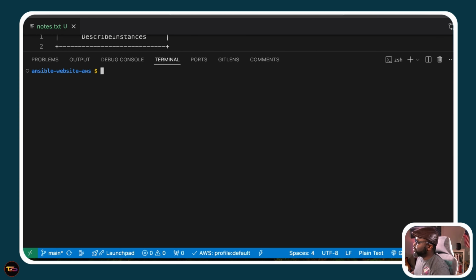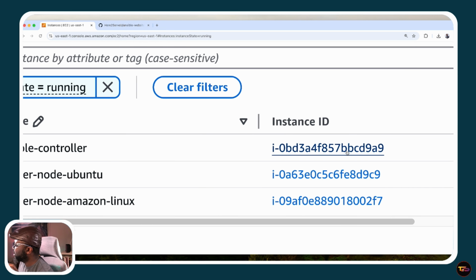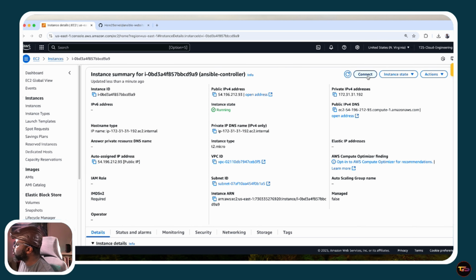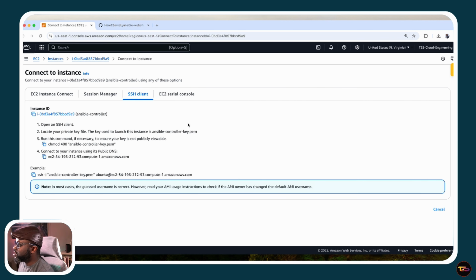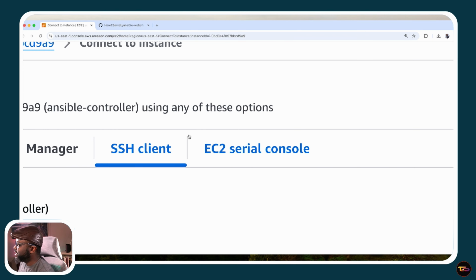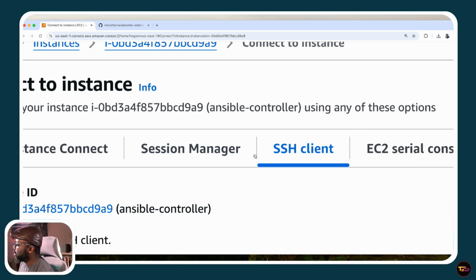But when you go back to your console here, this is our Ansible controller, right? So we're going to just click on the instance ID. Then go to Connect, top right, click Connect. Once you get there, these are the several ways that you can connect to your machine. You can use EC2 Instance Connect, or you can use Session Manager, but in our case, we're going to use SSH